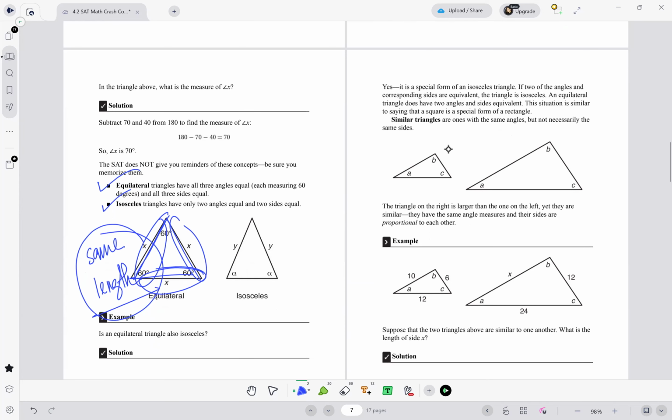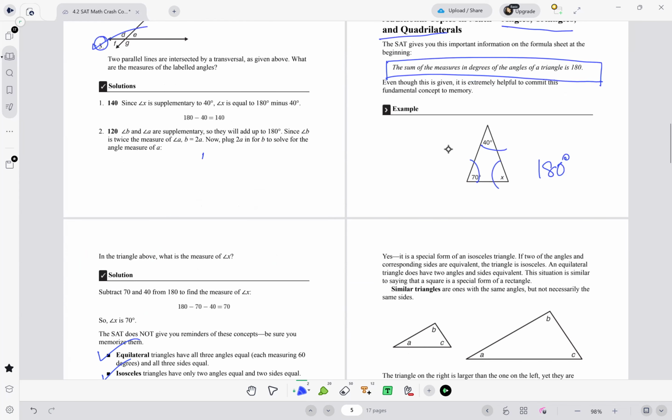An isosceles triangle has only two sides equal, because this is y and this is y, and this is maybe x, because an isosceles triangle has only two angles equal and two sides equal. And for your information, this is one of the theorems of geometry. There are so many theorems in geometry, but this is basically the primary theorem: the opposite sides of angles having the exact same amount of angle. For example, it means that